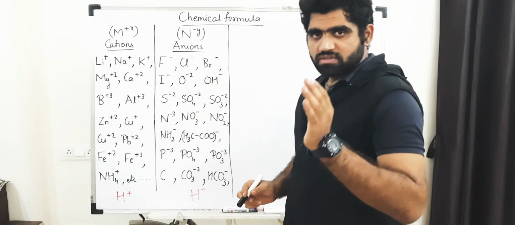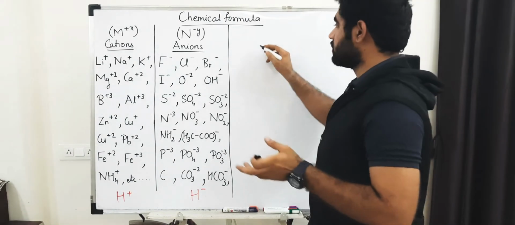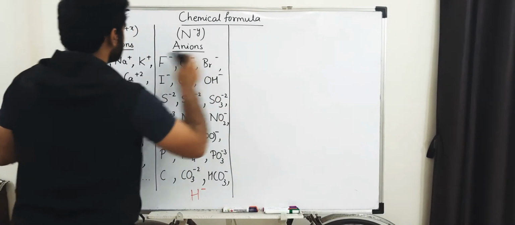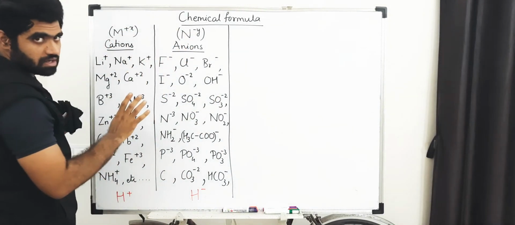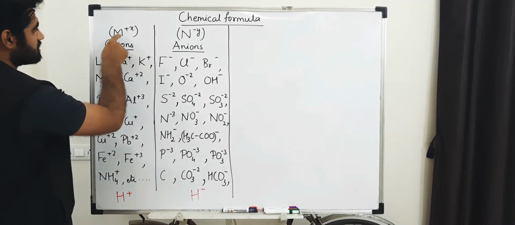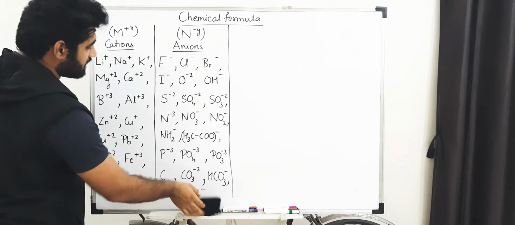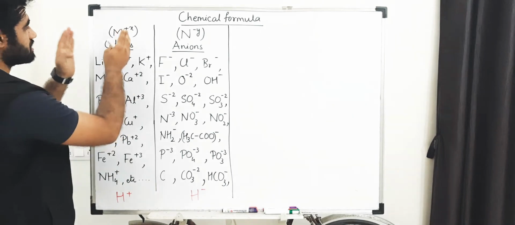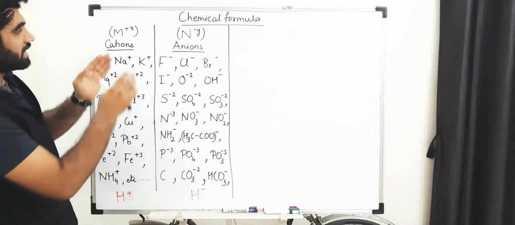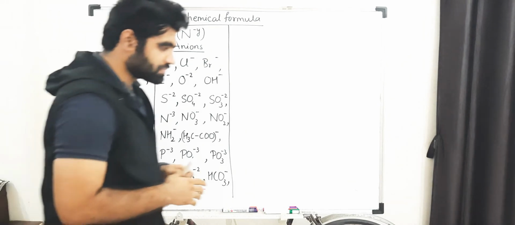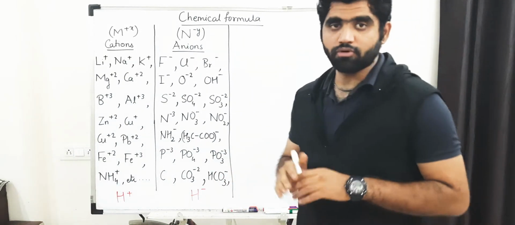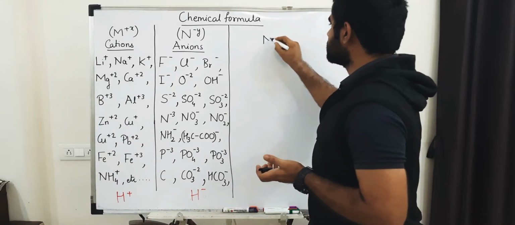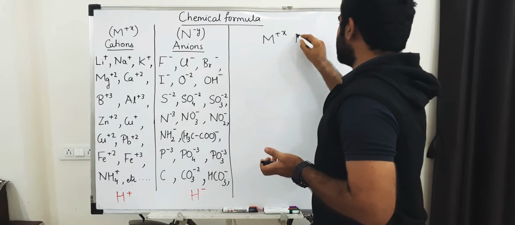In the last video when I was discussing points, I told there were ions which are positively charged and ions which are negatively charged. So now here you can see the positively charged ions and negatively charged ions. I also explained why positively charged ions were indicated as M by me and why negatively charged ions were indicated as N by me. So basically positively charged ions are nothing but cations and negatively charged ions are called anions. So we saw how a compound forms, or how the chemical formula of a specific compound is formed. We also saw this, that M is raised to plus x and N raised to minus y.